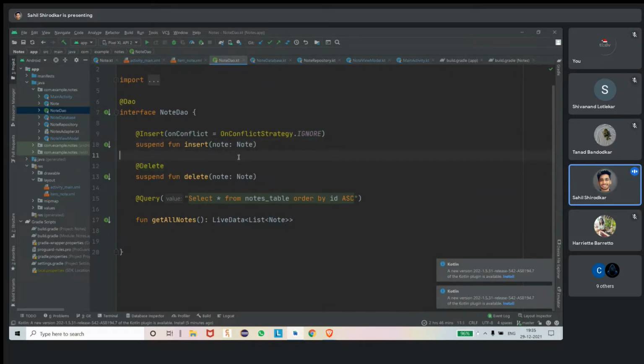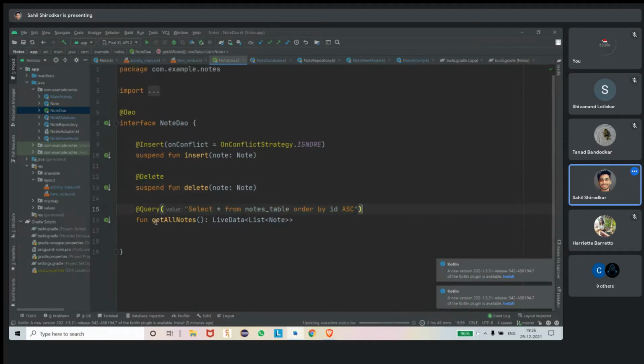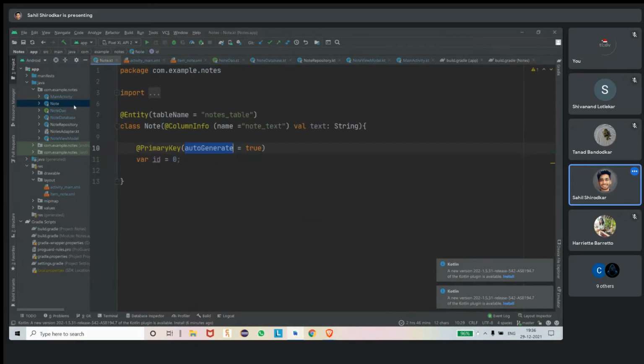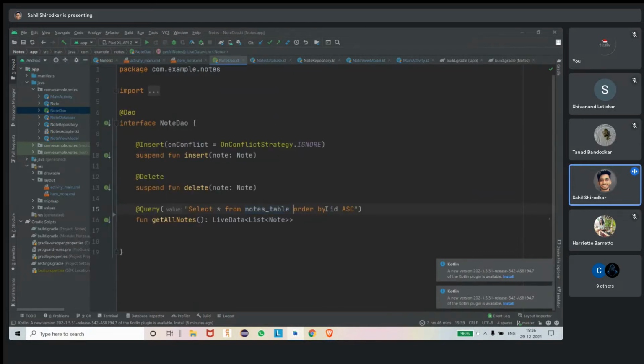Again, to write a delete query, all we have to do is write a function deleteNote with delete, and we are writing a separate function to get all the notes. This will get all the notes stored in the table in the database, and the query is select star from notes table, order by id.